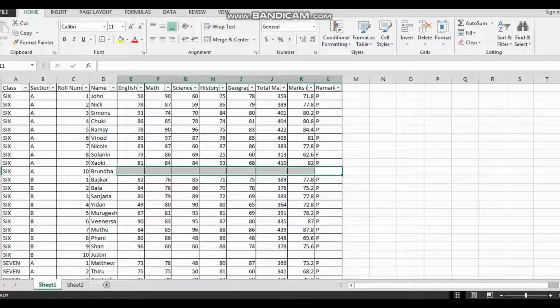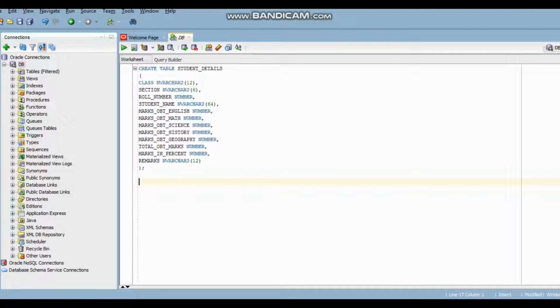So we are going to create a table, and after that we will import the full data set into that table. So over here, the create table script I have already written. We are creating a table whose name is student details. Create table, and after that the class, section, roll number, student name, all these column names I have mentioned